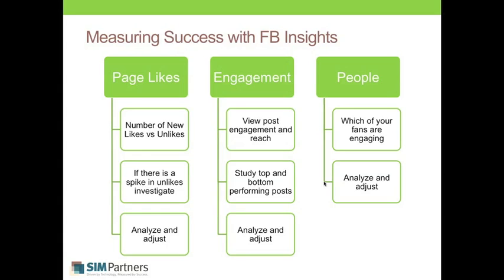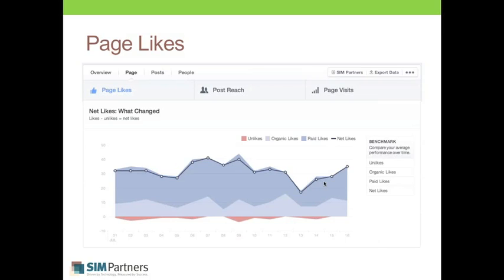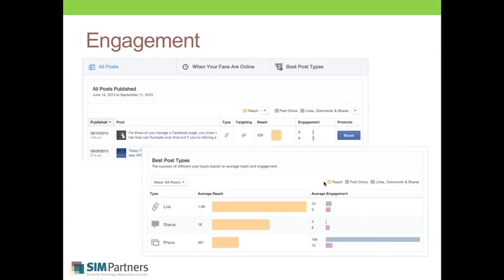It really falls into three different buckets: page likes, engagement, and people, and being able to measure against that, and then readjust as necessary.